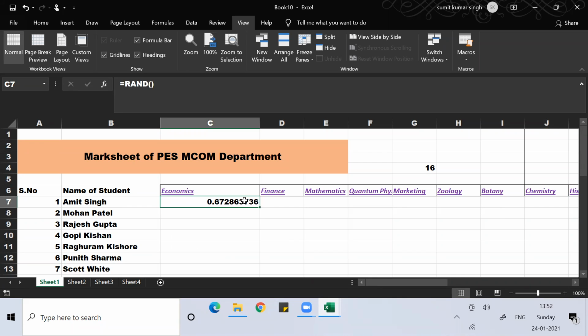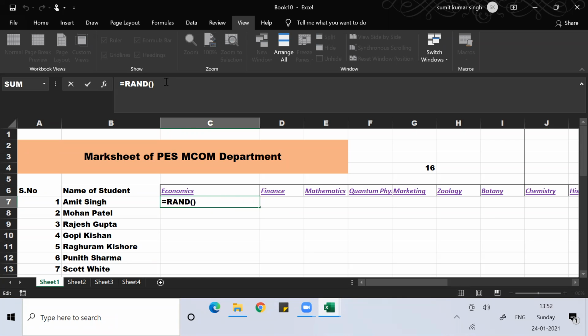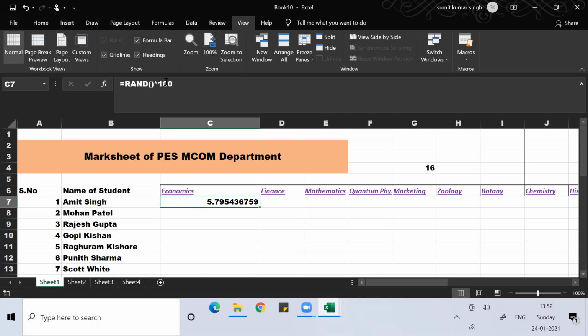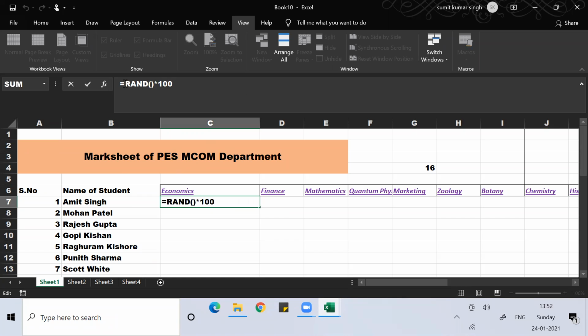But I'm putting in a mark sheet, so it should be from 0 to 100. So for the RAND I used, I simply multiply it with 100. But again, there's a problem that your marks cannot have so many decimals, so I can use ROUND.